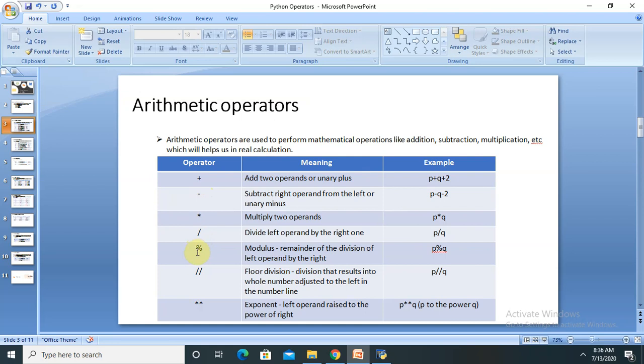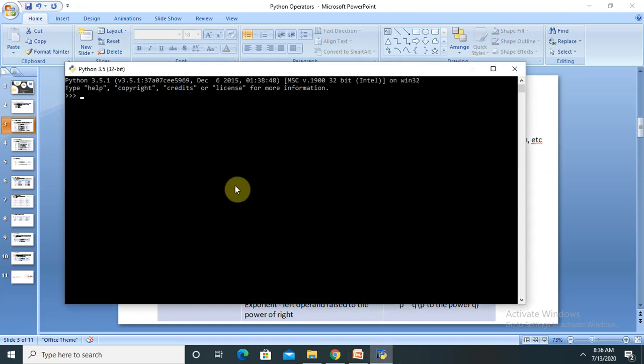So directly starting from the modulus operator, let me create one variable here, p equal to 8, then q equal to 3. So if I want to perform modulus p % q, then I will get the remainder 2.